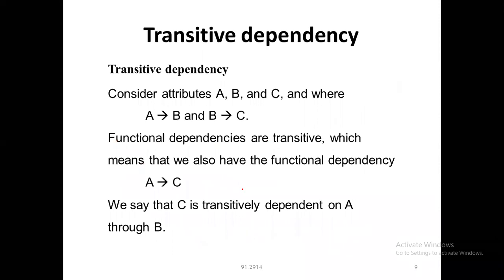Then we learned about transitive dependency. When I say transitive dependency, think of three friends, though it can be any number of friends. Suppose A is a friend, for A there is a friend B, and B has C as a friend. Then naturally A becomes a friend of C. What is happening is that the relationship has been transmitted. With this kind of feature, we call it a transitive dependency. So the functional dependencies are transitive. Remember that whenever one attribute or column is dependent, it can be transitive.